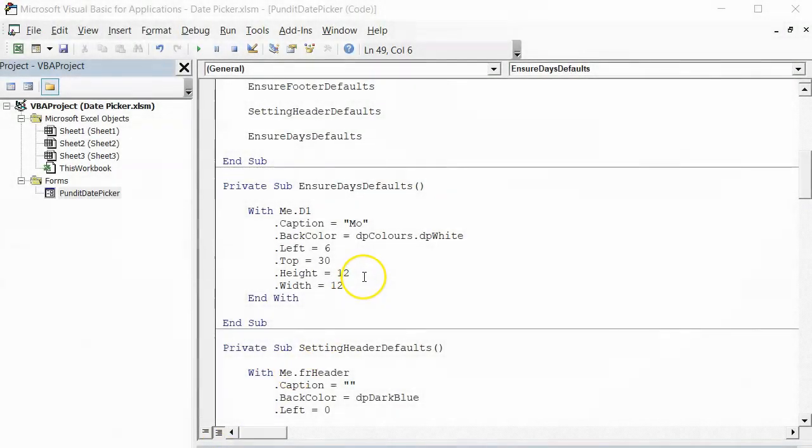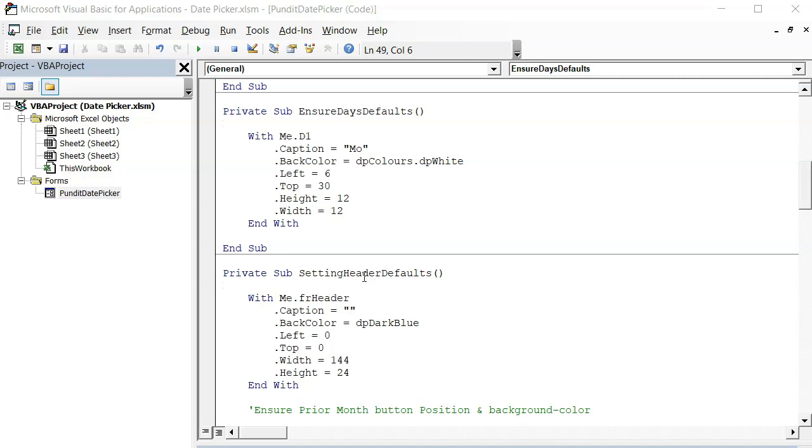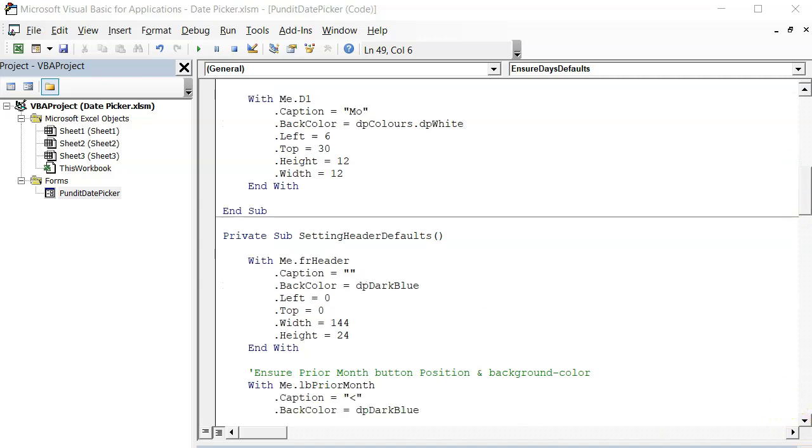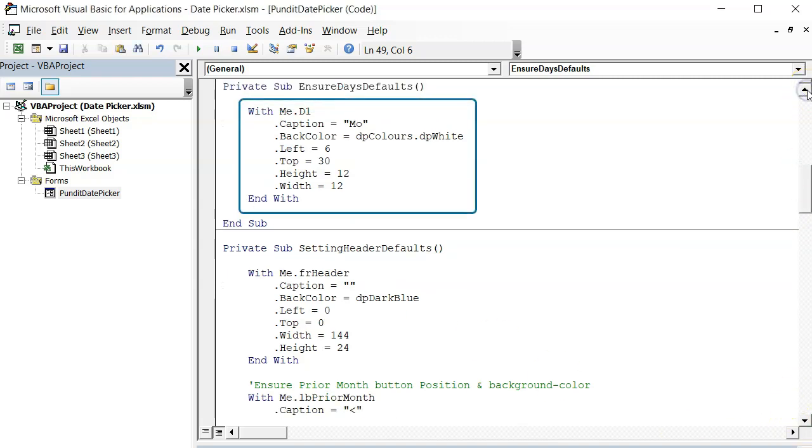Now we have only a single statement, and from this statement I need to set defaults for all the labels. To achieve this, I must put this statement on a loop for 7 times, and then make sure that as the execution loops, the label name and its left position changes accordingly.